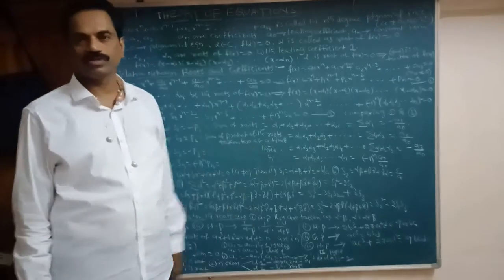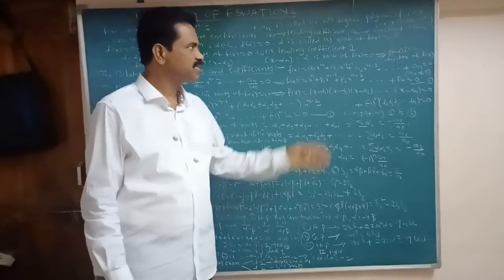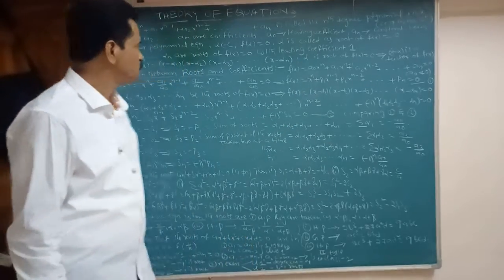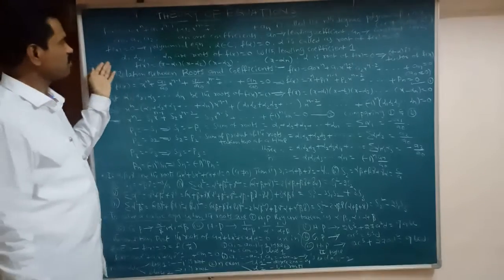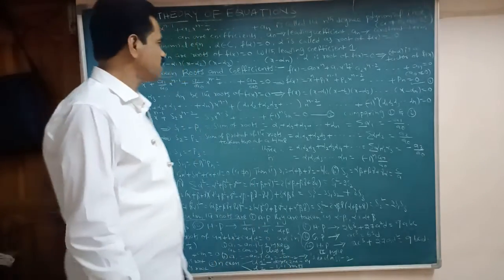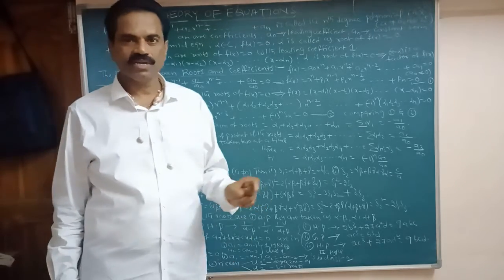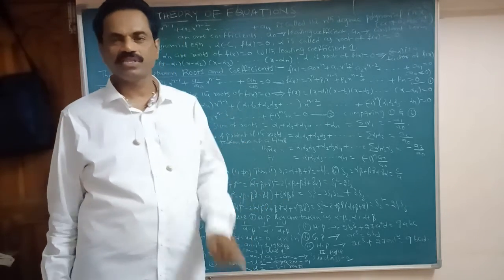Here alpha belongs to the complex numbers, so f of alpha equal 0. Alpha is called a root of f of x equal 0. Here alpha 1, alpha 2, alpha 3, ..., alpha n are the roots of f of x equal 0, with leading coefficient 1. So f of x is what here? (x minus alpha 1)(x minus alpha 2)(x minus alpha 3) and so on, (x minus alpha n) equal 0.